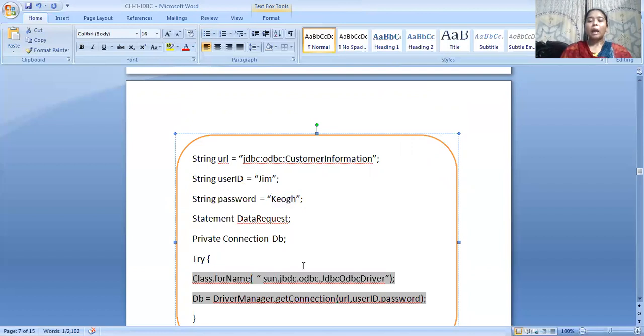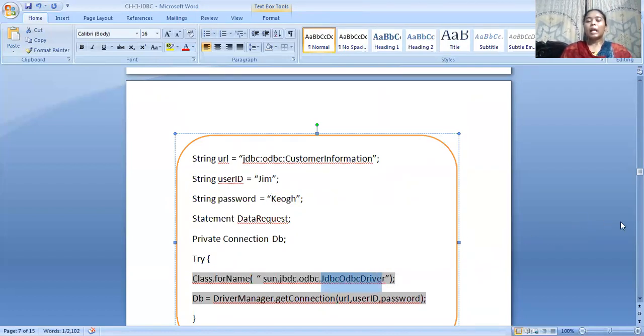Whoever has a good connection, with a particular user ID, URL and password, can access the DBMS with the help of the JDBC-ODBC driver.